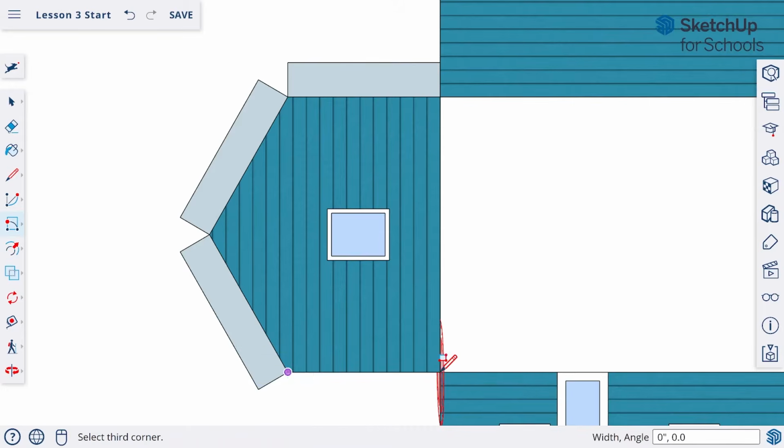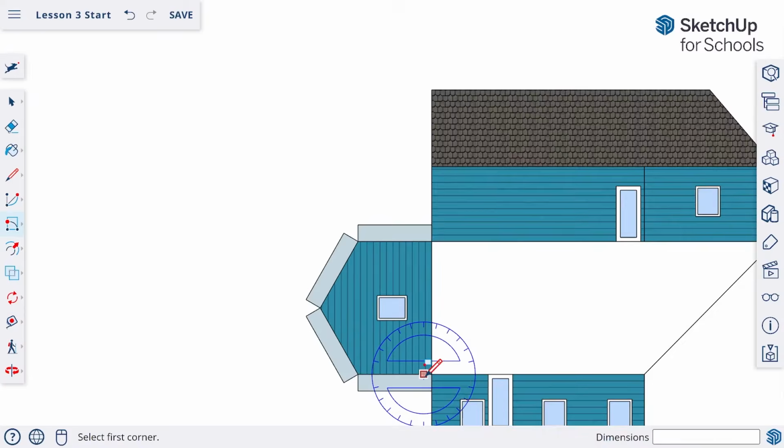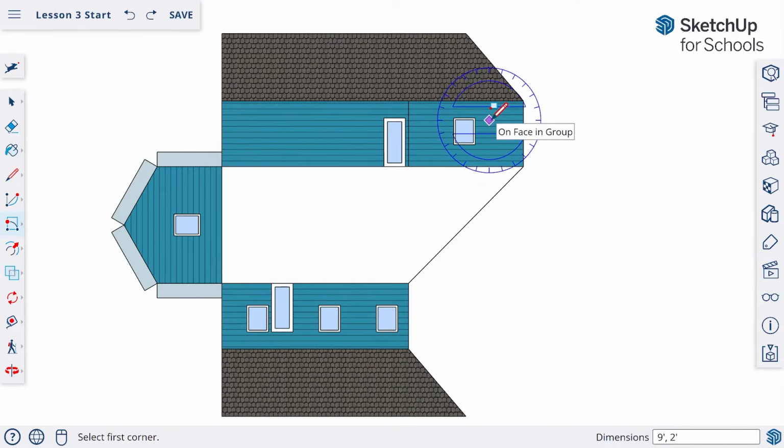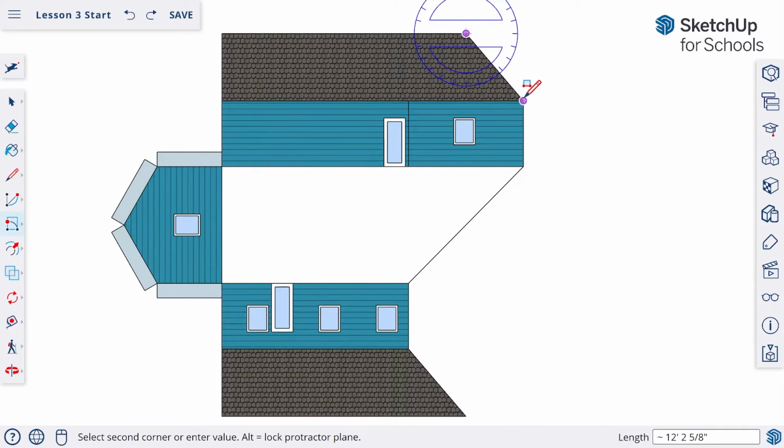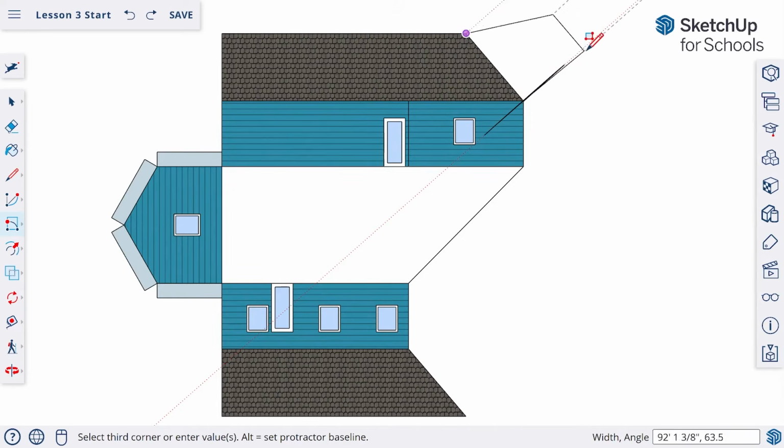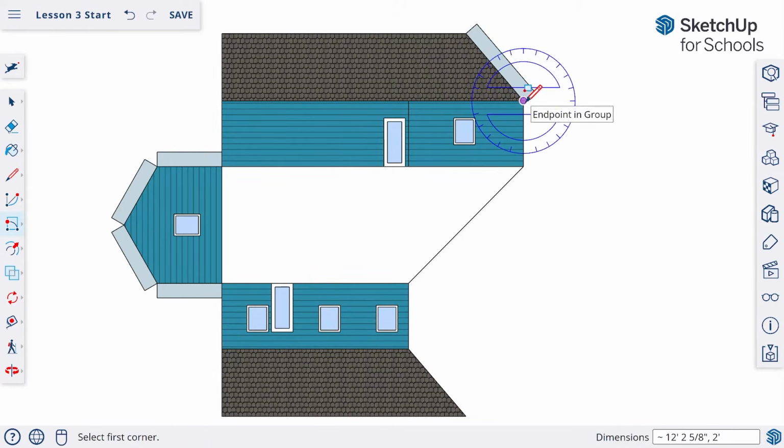Click and release, 24 and enter. The way that we can connect the other two, we'll first click and release here, pull this cursor out along that red again, type in 24 and press enter. We can do another one here, out 24,